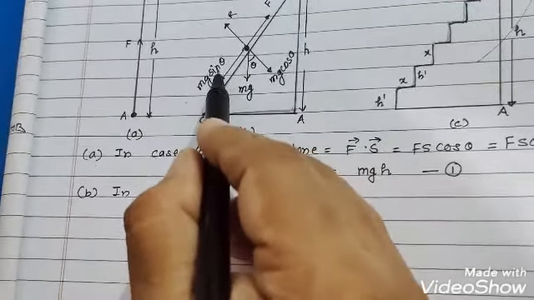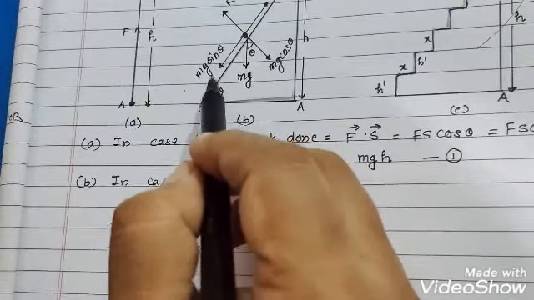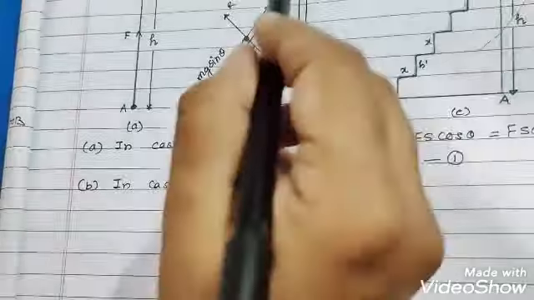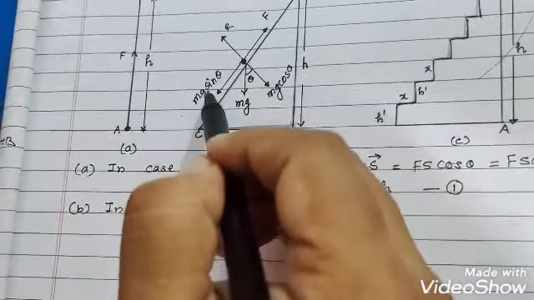A normal reaction is working here, just perpendicular to the inclined surface, that is R, which is balanced by mg cos theta. And obviously a force which we are applying to move the object in upward direction should be at least equal to mg sin theta, so that it can overcome the mg sin theta. So what you will find in this case is that the force F which is working is mg sin theta.